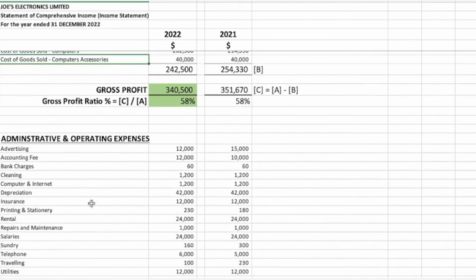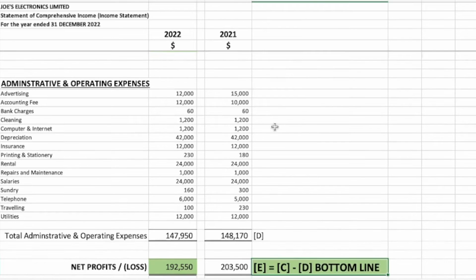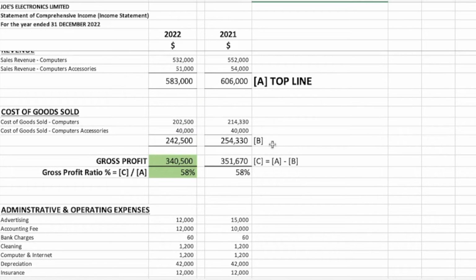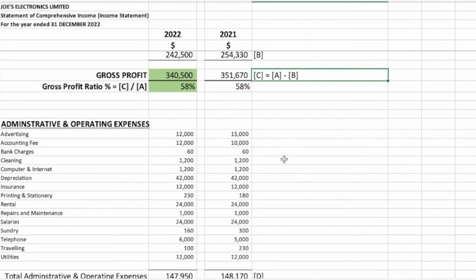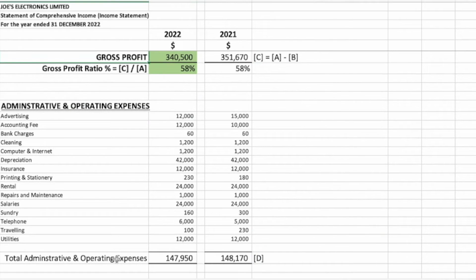So the second part of the income statement shows the net income or loss. This is called the bottom line as it is at the bottom of the income statement. The formula for this is gross profit minus the administrative and operating expenses. What's under administrative and operating expenses? Let's look at this